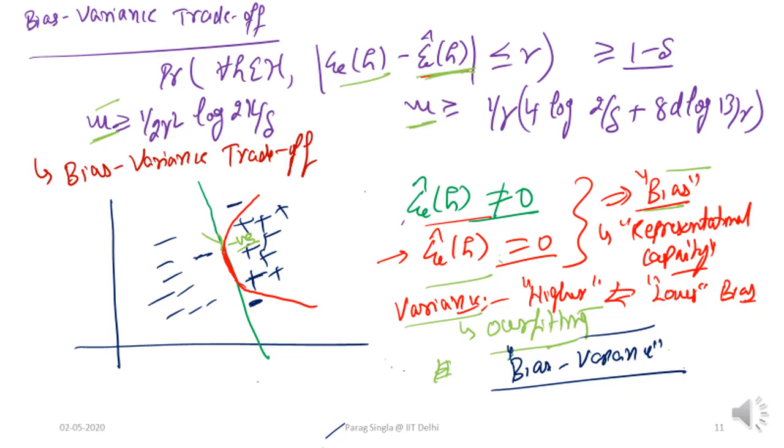For example, a linear classifier has higher bias but lower variance, and a quadratic classifier will have lower bias but higher variance. And for a specific problem, the right trade-off is really the bias variance trade-off that you need to worry about, to be able to choose the right classifier for your problem. Maybe let me stop this particular discussion here, and I'm happy to discuss it further in the question answering session, or offline, or over Piazza.